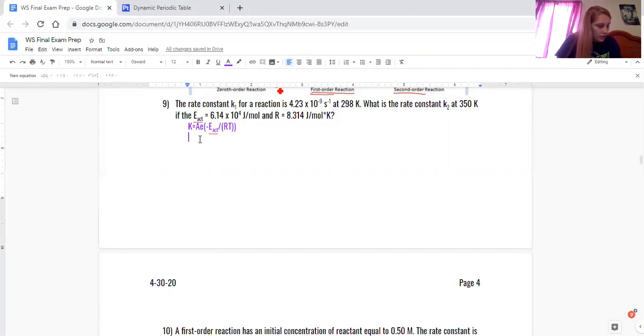So our rate constant, that's probably little k, is going to be 4.23 times 10 to the negative 9 per second. And that's going to equal A times E